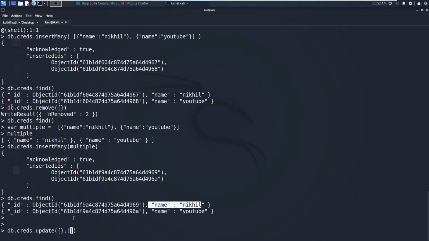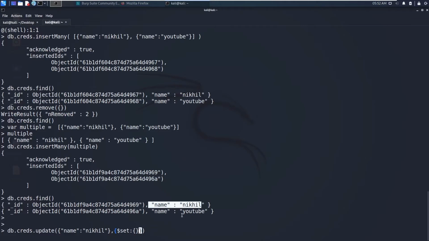So you need to pass two values. The first one is the matching pattern. Let's say name is Nikhil. So upon matching any of the documents with this name Nikhil, you need to update to this one, you need to use $set, and you need to pass another JSON data.